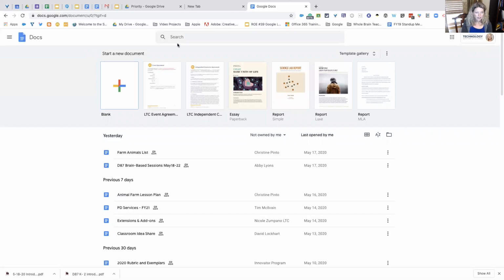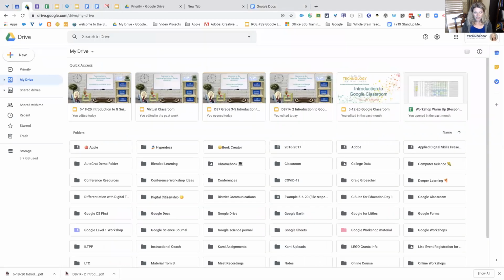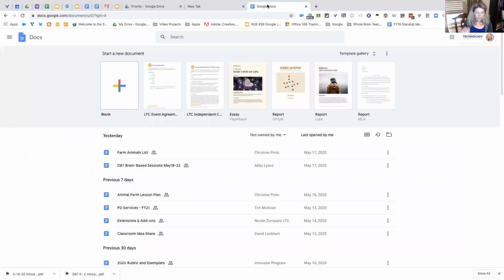So right here, I can search within Docs, but usually, if I know I want to open up a doc, I won't go to my waffle and to Google Docs. I will go to my Drive. I pin my Drive up here. This is my workaround: I always just go to Drive to open up the documents that I want. But again, is that the right way? No, it's just the way I've gotten used to,